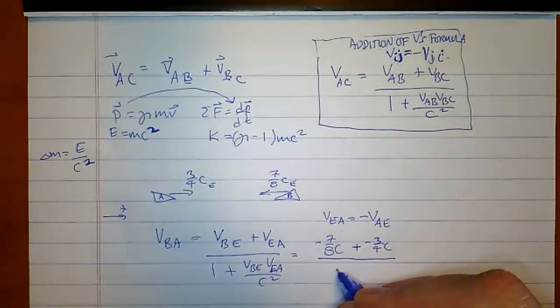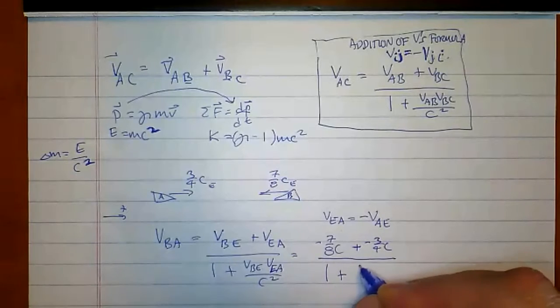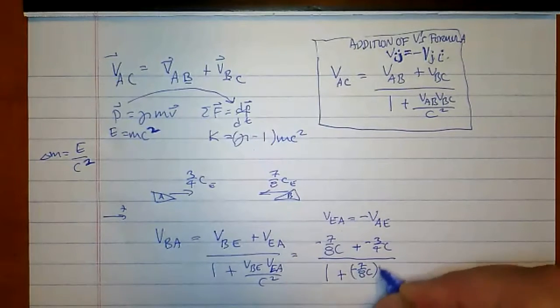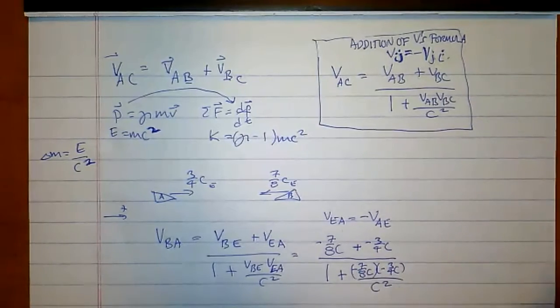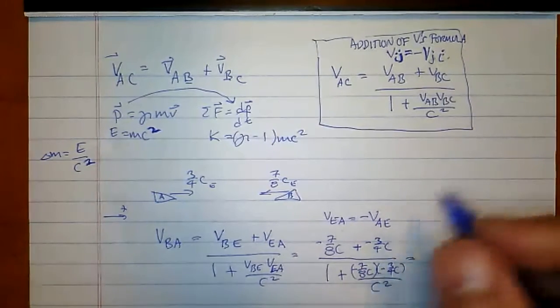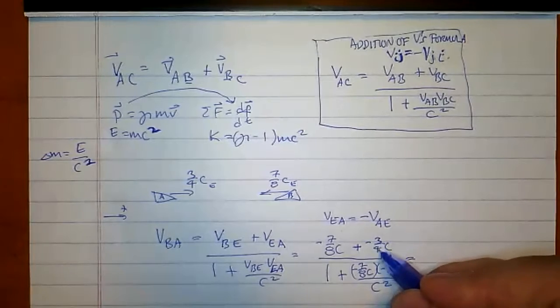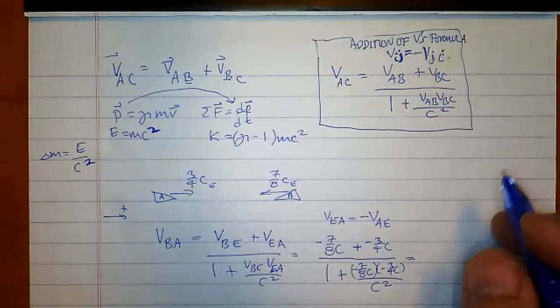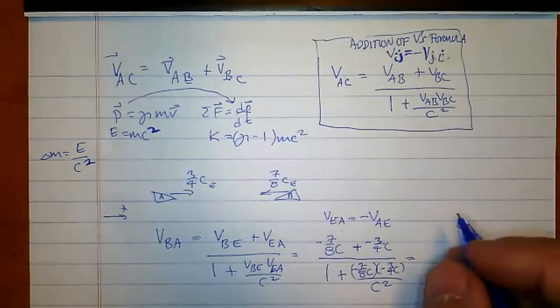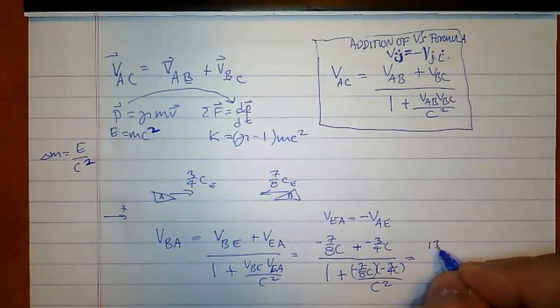And then this will be divided by 1 plus 7/8 C, negative times negative 3/4 C, over C squared. You can see the C squareds cancel out. This is the same thing as 6/8. So 6/8 plus 7/8 should be what, 13/8? So that'd be 13/8